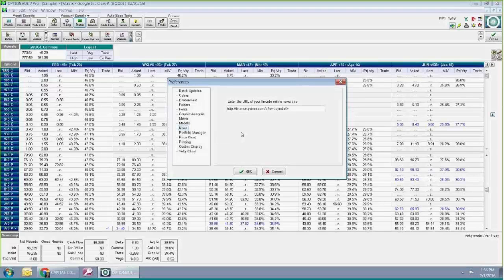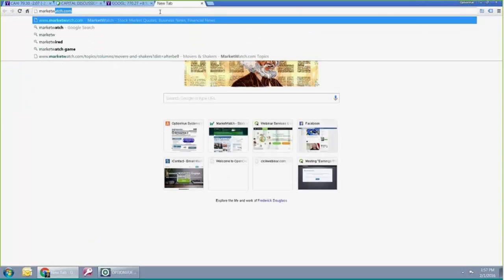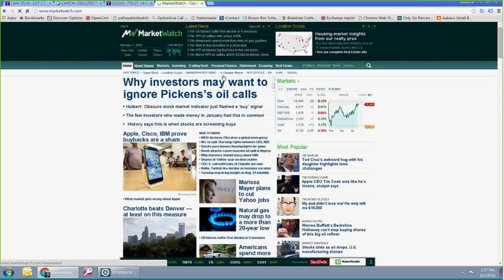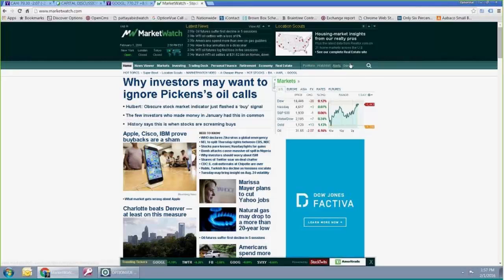I wanted to also show news. Here's where the default is going to Yahoo Finance. You can actually see how it's got the whole URL, and then S equals symbol. And that symbol is when it puts in like Google, and it goes directly to the page for Google at Yahoo Finance. If you like something else, like say MarketWatch, and you put in a symbol, how about, well, might as well stick with Google.